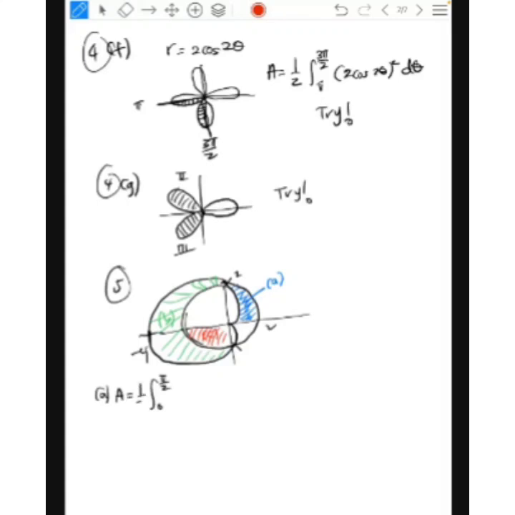So it has 2 functions, you have 2 curves. To find the area for A, it should be the circle minus the quadrant. And circle is what? Circle is 2 squared minus the